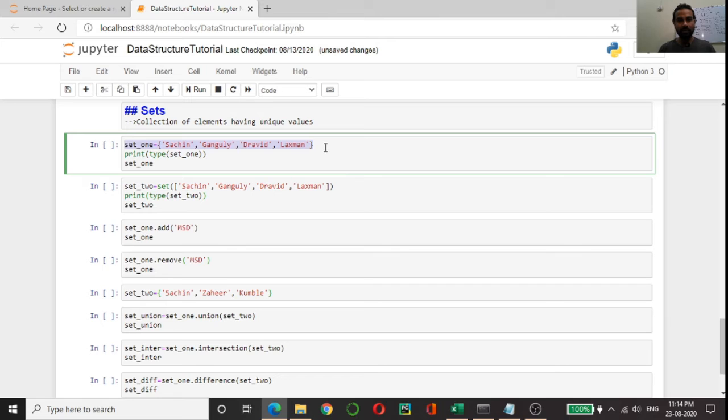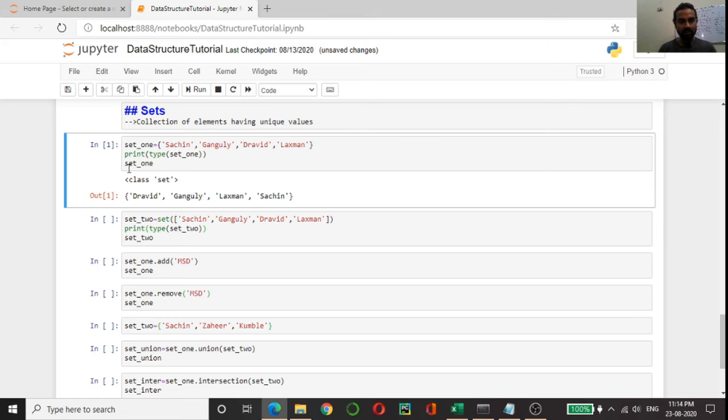It will define a set for you. Do remember that within the curly braces, if we pass both key and value, it becomes a dictionary. But if we pass only values and no keys, then it becomes a set. If I run this, you will see that the set is created and the values are these.